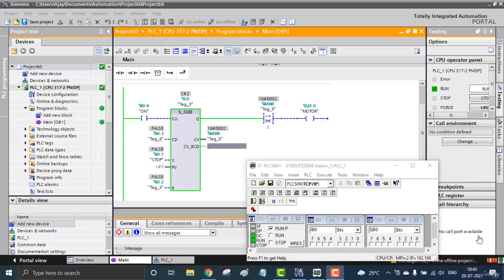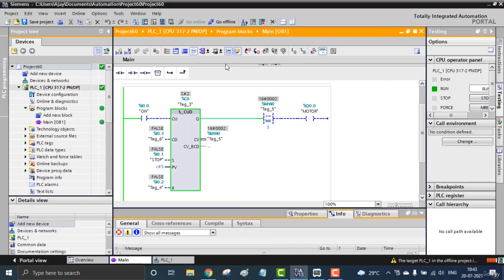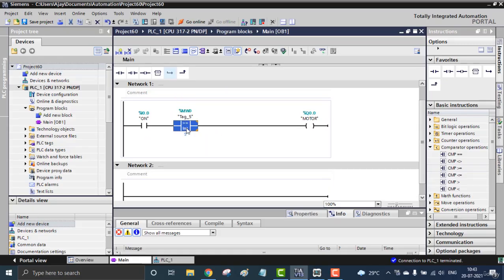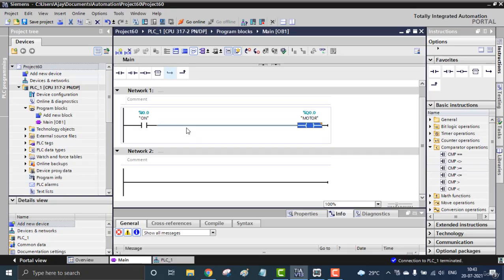Okay, we've just gone through the normal semantic counters and we can go for the very next thing, that is the IEC counter. In this session we'll be learning why we are using the IEC and what is the difference between semantic things and the IEC things. IEC means it's standard.